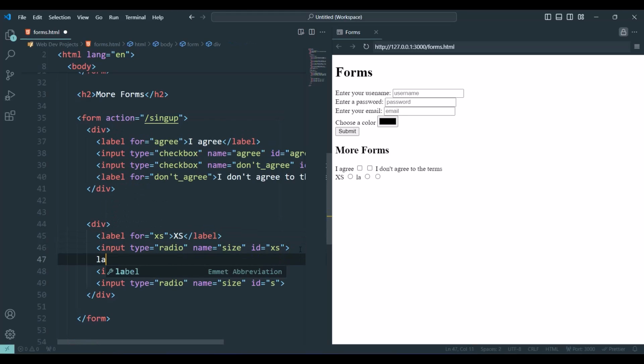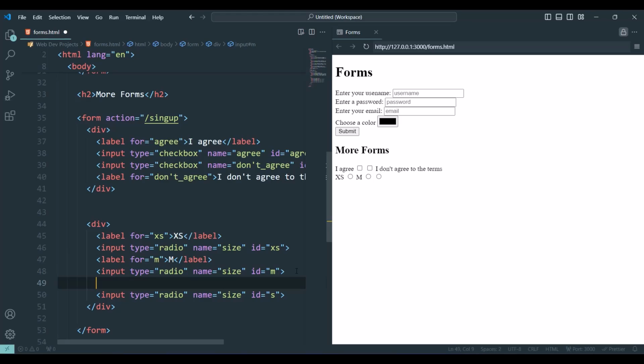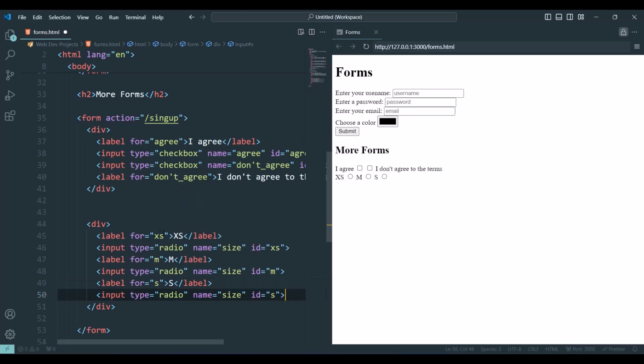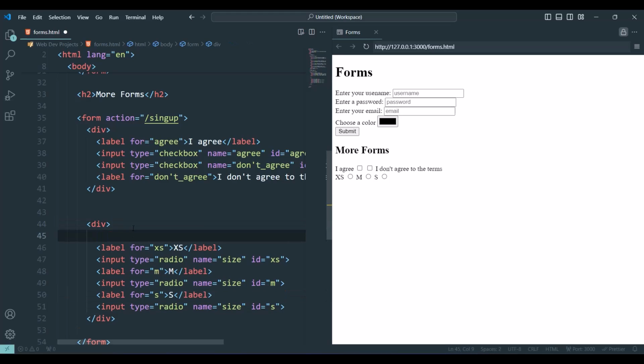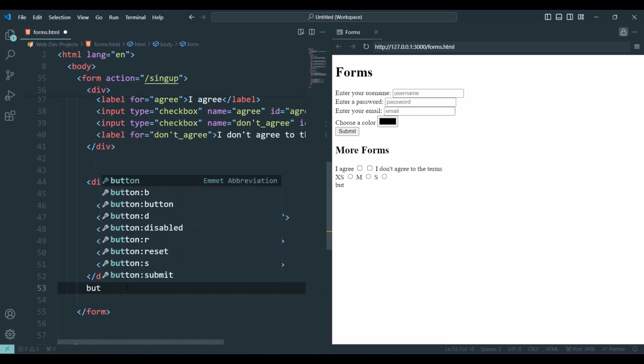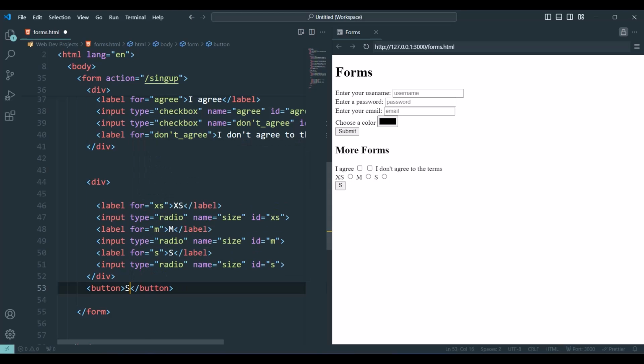Another label for M, I'm going to say M. Another label for S, I'm going to say S. All right, and let's add a submit button down here. So submit button is going to say submit, and it's going to submit the form.